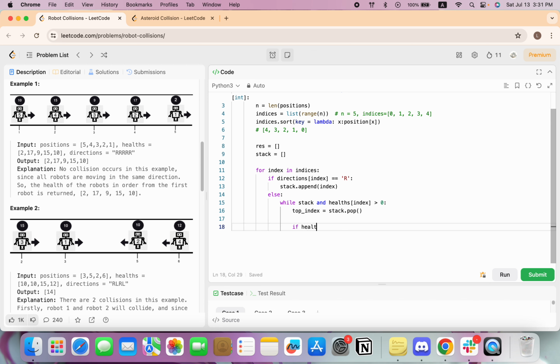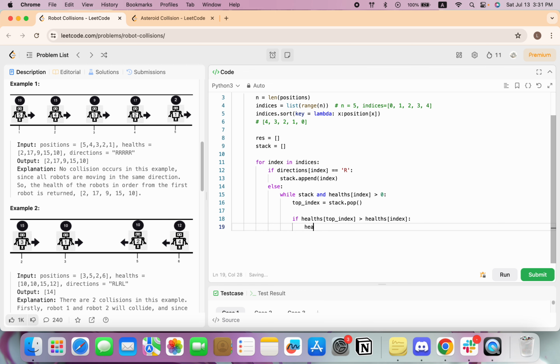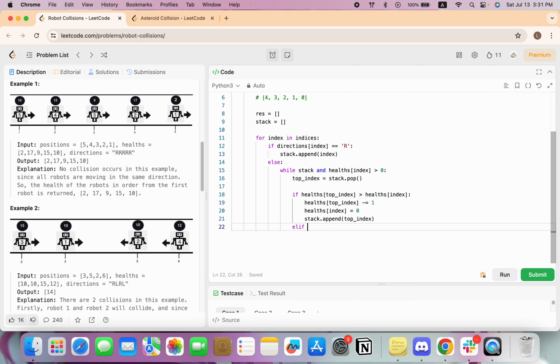So we can say if the health of the top index is greater than the health of the current index, the top index one, since it's greater, will minus equals 1. And then the current index will just turn 0. And then we can put the surviving one back to the stack. Otherwise, if the health is less than it,